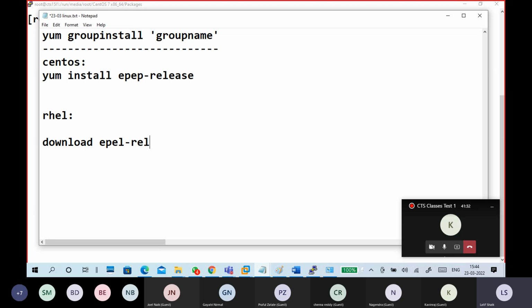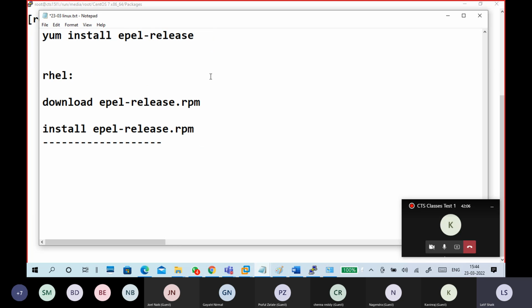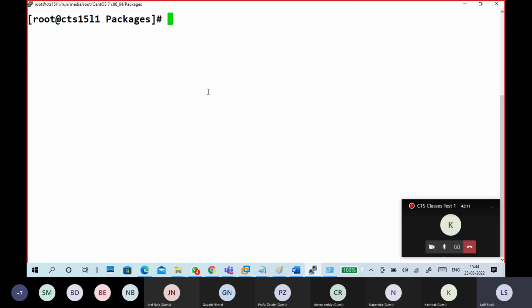So you have to download the epel rpm package and install it. From now onwards, once you have installed this package on Red Hat, you can also do it from here. So the first thing is to download epel-release and install it in the system.